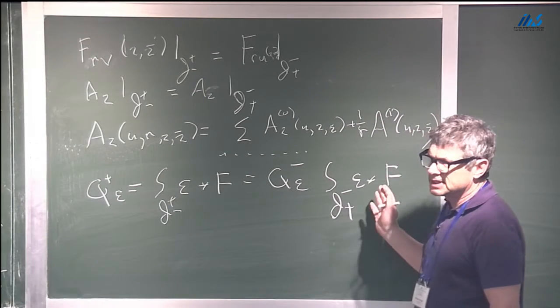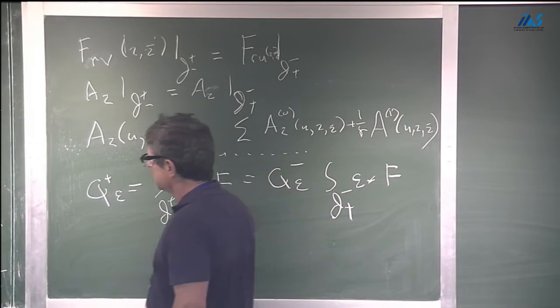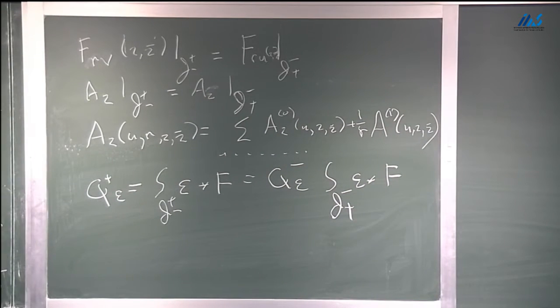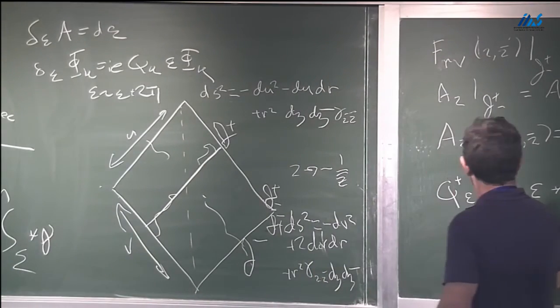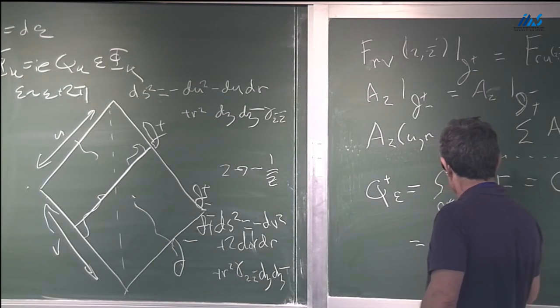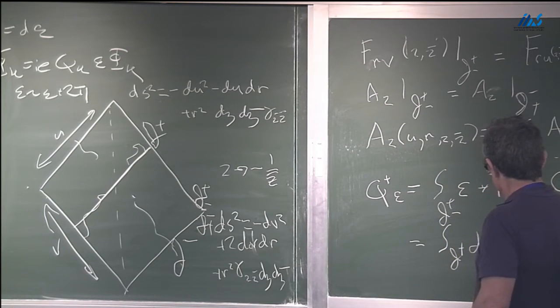Now, when epsilon is constant, it's natural to take this one and use the constraint and write it as an integral over scri plus. So we can write this as an integral over scri plus of d epsilon star f